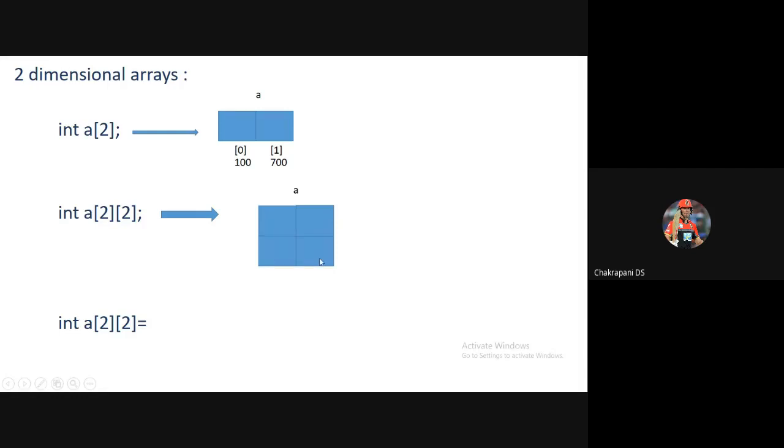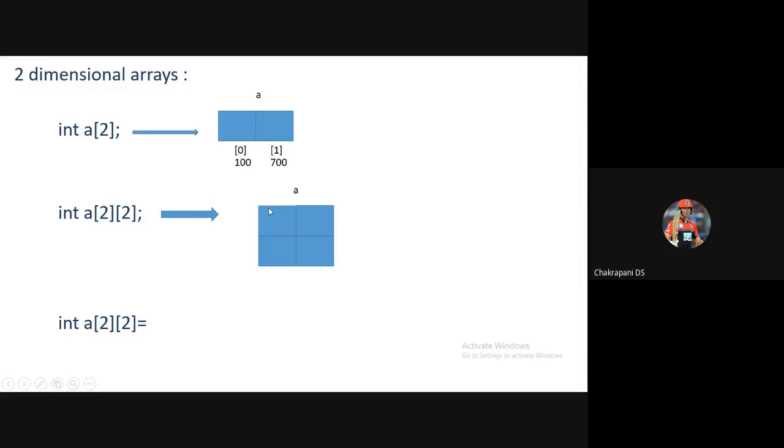Okay. Now, if there is a single dimensional array, it looks like this. For our representation, if it is a two-dimensional array, it looks like this. Because in a single dimensional array, every memory block is identified using some index value. Even in a two-dimensional array, every memory block is identified by an index value, but not a single index value. It will be identified by two index values.